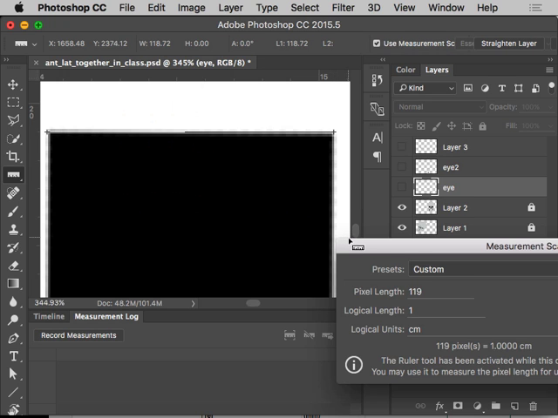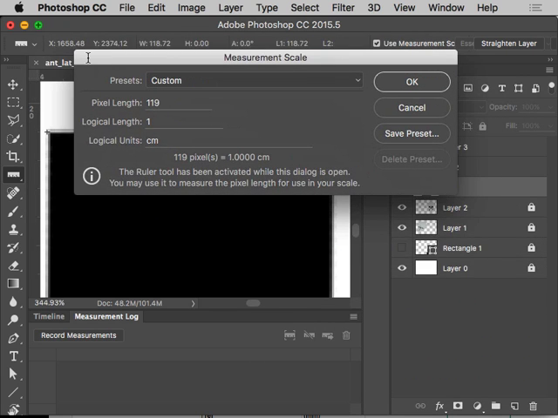and let go. And so what's happened is I've measured that this little cube or square is actually 119 pixels wide. And I've told Photoshop now that 119 pixels equals 1 centimeter. So now I can do linear measurements and I'll get centimeter results. So if I click on OK now,